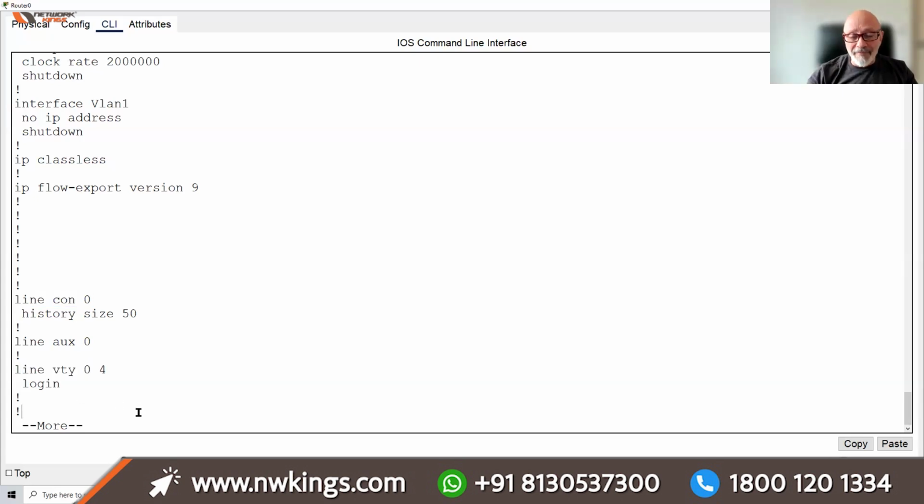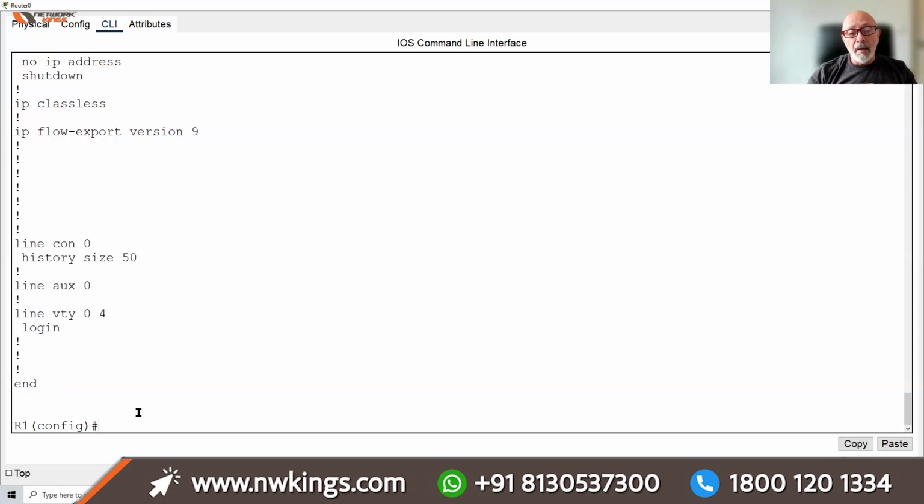But if you want to just go to the very end, you hit the space bar, you go up a page at a time. That was a line at a time; page at a time, you hit the space bar. Okay. So what do you want to do now? Right. So we want to be able to encrypt every password that we've typed in the past, that we're typing now, or we're going to type in the future, right? That we've typed already. So we're going to do, there's a command called service password, and I'm going to hit the tab key,